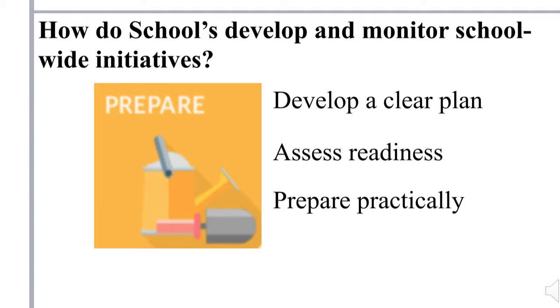Hallinger and Heck define readiness to be the school's capacity to improve. However, the capacity for school improvement fluctuates through the year, and leaders should take advantage of what Kearney and Kwiatkowski term windows of improvement. Finally, make steps to prepare staff practically. Train them, develop infrastructure, involve outside partners, and during this step, simplify the intervention. Make sure that the teacher's perception is that it's convenient, easy, and will achieve results.